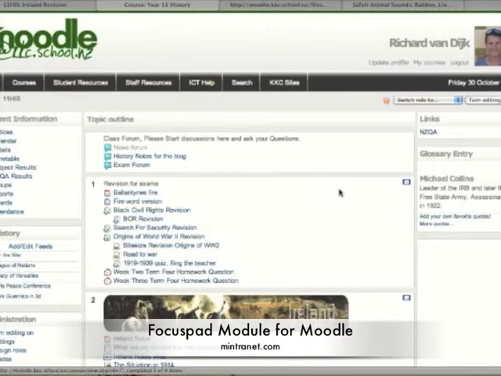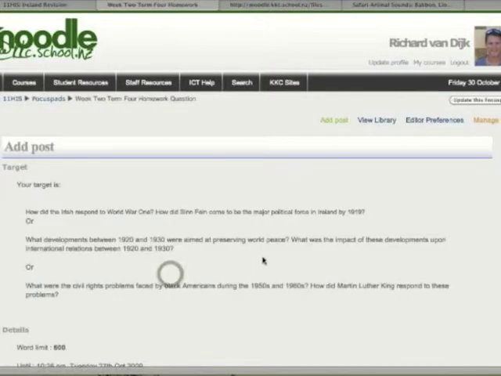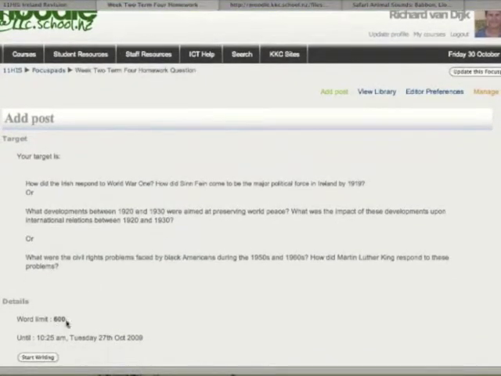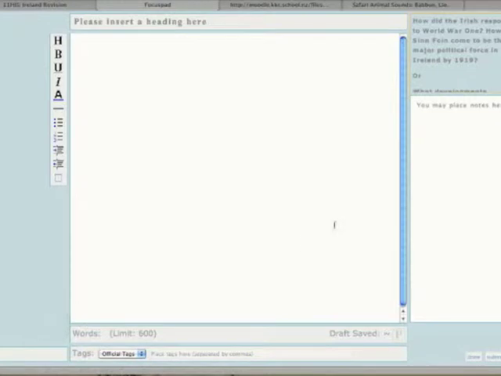One of the features that I like using now that we've come to revision time of year is the Focuspad module. The Focuspad module has the icon like this, and this is an example of one that my students have already done. When the students go in, they see what they have to do, some details about it, such as word limits, and when it is then due in, they then can click Start Writing,